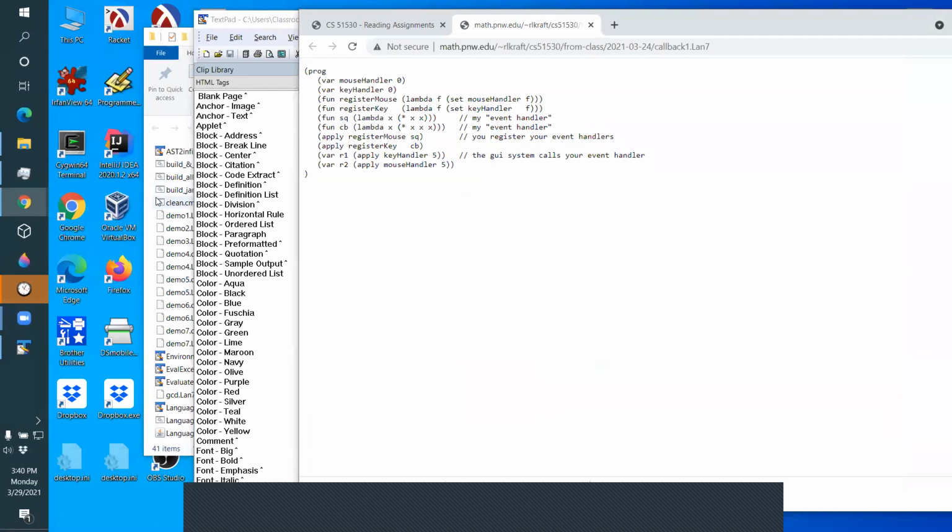Okay, so the example we did in class was a real famous example, callback functions. A callback function is when you have a mouse handler function. So there's a variable that's going to hold what the mouse handler function is. There's a variable that's going to hold what the key handler is. Then here's the function that